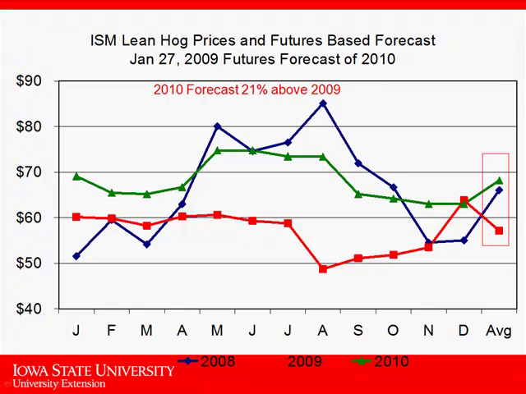So what are the futures telling us? And I did this this morning, so this is yesterday's close. The red line up here is 2009, the blue line is 2008, and the green line is the futures price adjusted for the previous 3-year average basis for next year. And on average, that says 21. Actually, yesterday it was 19% higher. Yesterday's price forecast for the 12 months in the future is forecasting price 19% higher than 2009. So we're going to get a price increase.